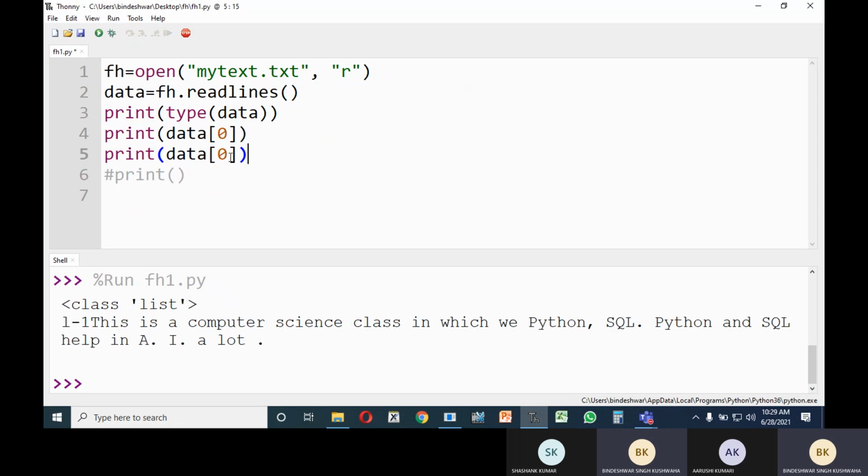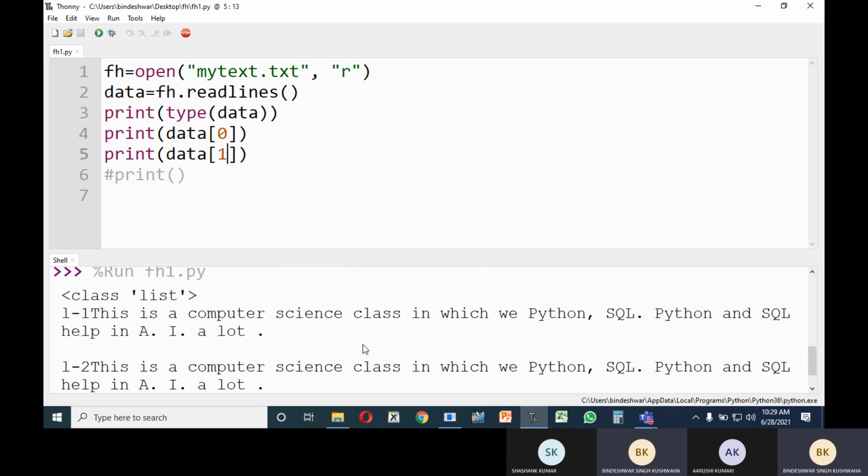You are getting the benefit of data being returned in the form of a list, because readlines returns data in the form of a list, so that manipulation may be easy for you. So line 2, line 3: you can access each line as a list element. So these three functions are used to read data from a file.